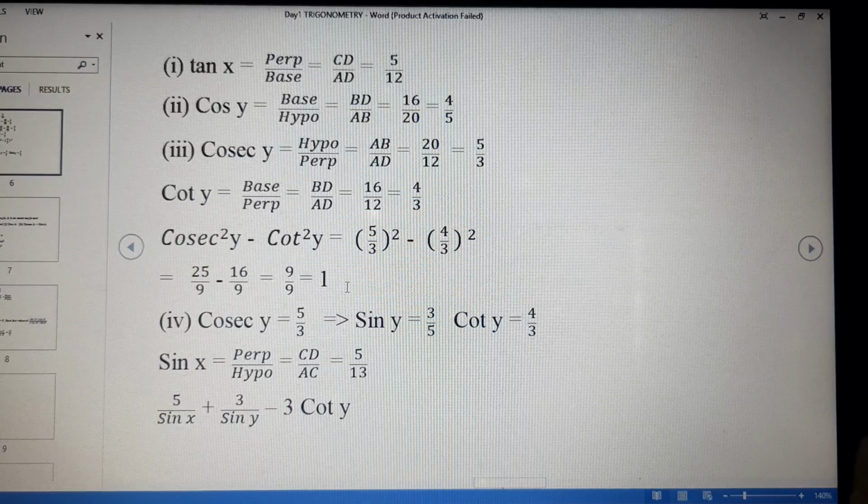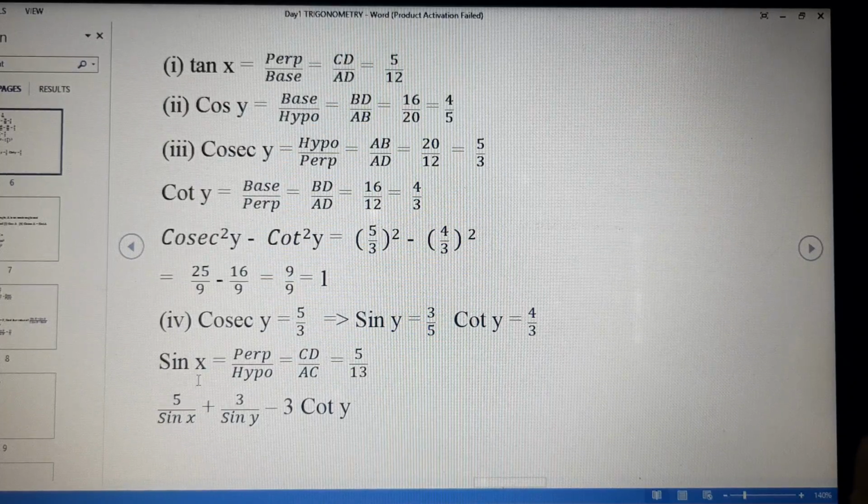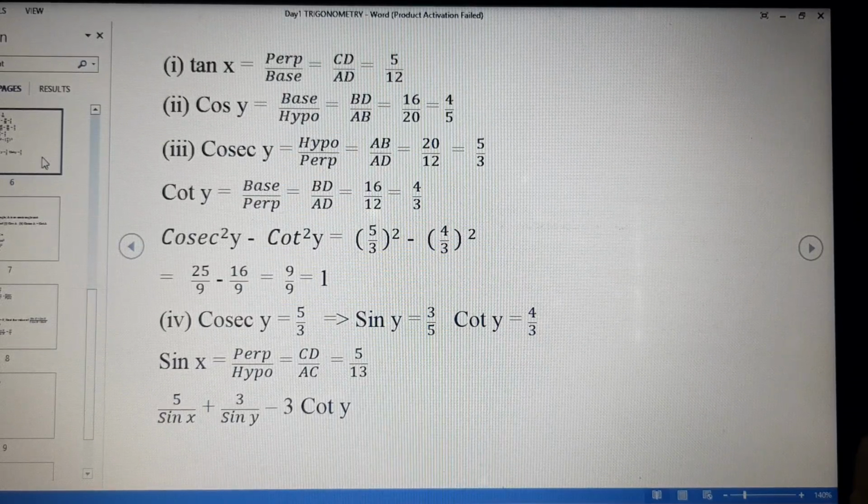Now the fourth part. Cosec y has been given. Cosec y is equal to 5 upon 3, and if cosec y is 5 upon 3, sin y will be equal to its reciprocal, that means 3 upon 5. Cot y we have just now calculated, 4 upon 3. So we are left with only sin x, which is unknown. So sin x according to angle x,